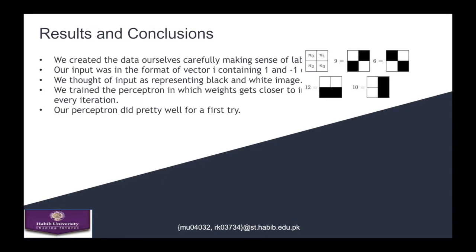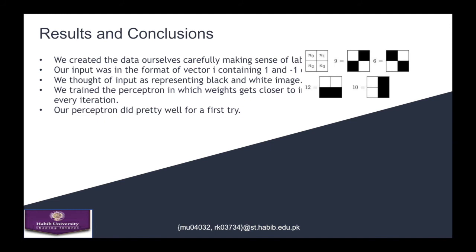Now let's talk about experimentations and results. We created our own data and labels for training. We trained our quantum perceptron to recognize specific patterns in a black and white image. Our input consisted of 1 and minus 1. For example, one of the inputs can be 10, and as we can see in this image, the binary representation